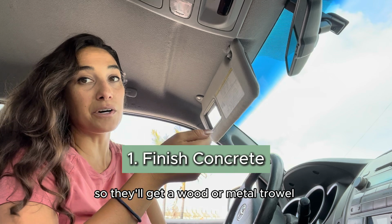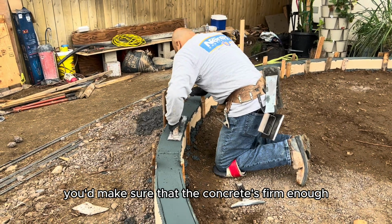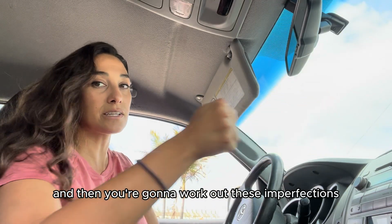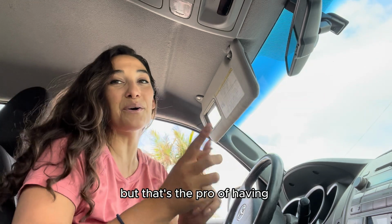So they'll get a wood or metal trowel. If you're finishing like a vertical side, you'd get the metal trowel. You'd make sure that the concrete's firm enough that it's going to hold itself up. Dip it in water, and then you're going to work out these imperfections, because you'll also have pocket holes in certain areas that the concrete just didn't sit quite perfectly. But that's the pro of having